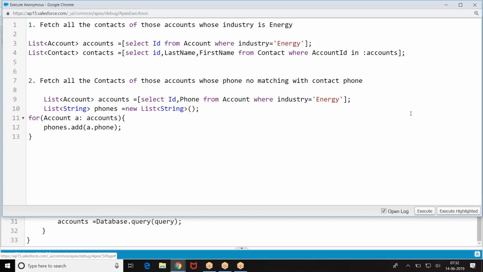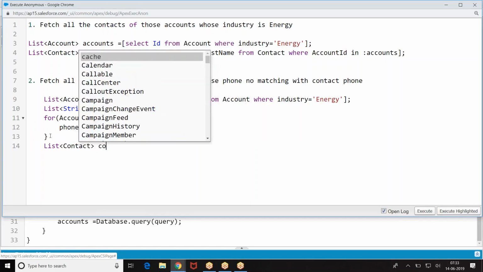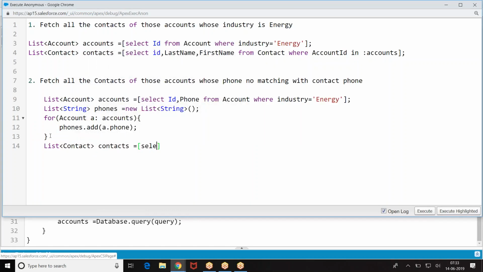Get all the phone numbers of those accounts. Then write a query. List of contacts equal to select ID, last name, first name from contact where phone in phones.